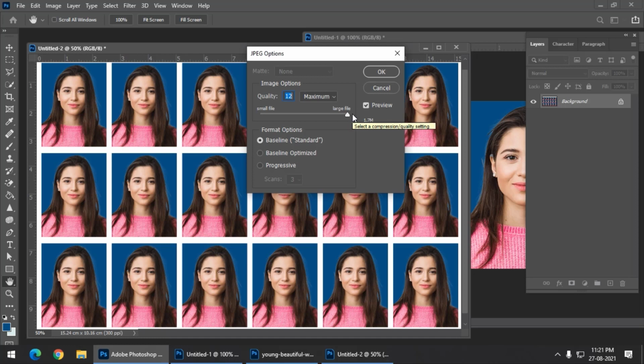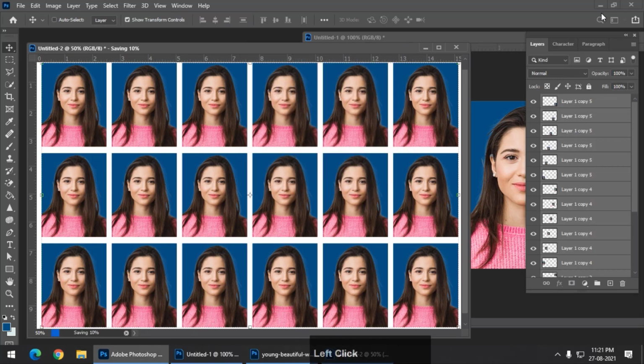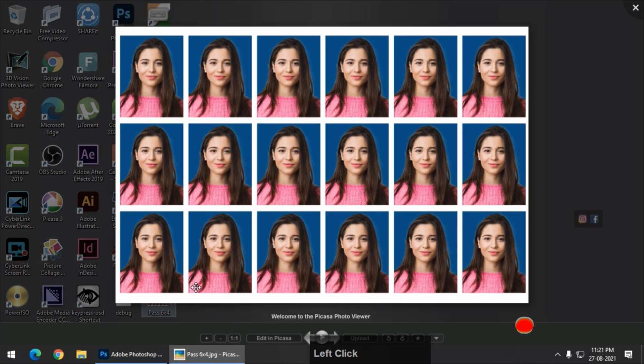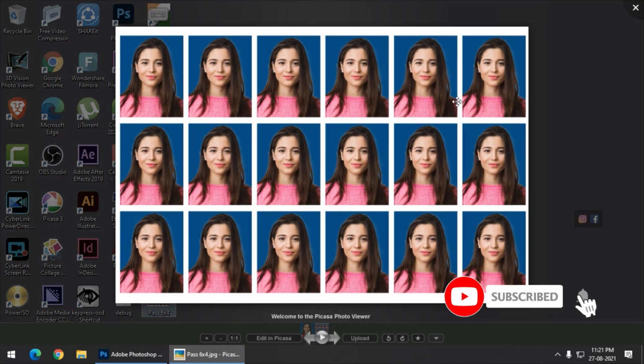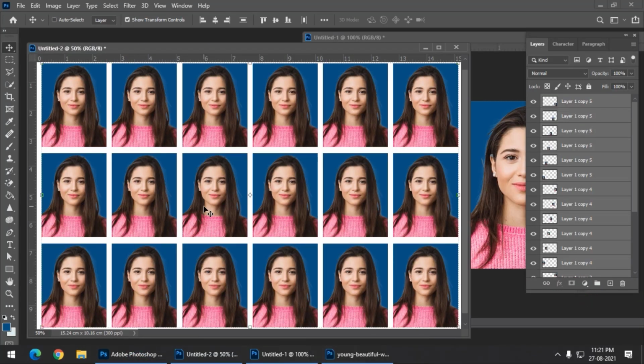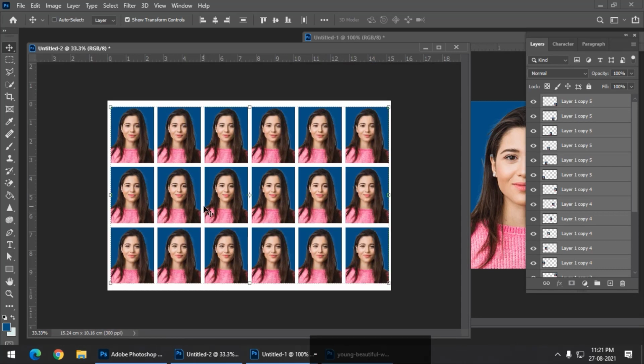So we don't have to decrease the size as we are not going to upload this. Press OK. Just check whether it is done properly or not. So it looks pretty good. You can directly give this particular file for printing, and you can cut the photos as per your requirement. So this is how you can create a passport size photo both for uploading and for printing as well.